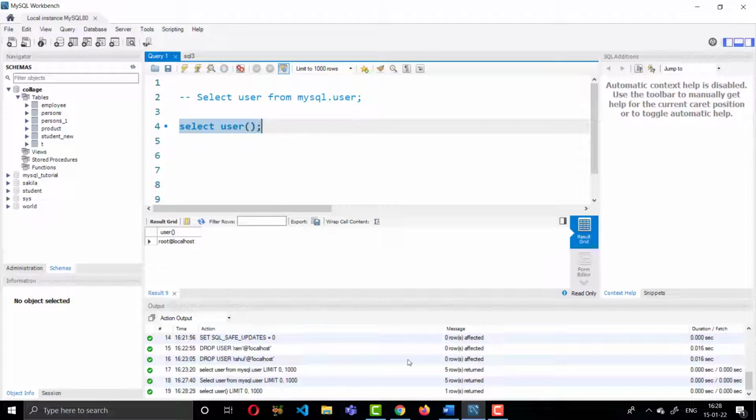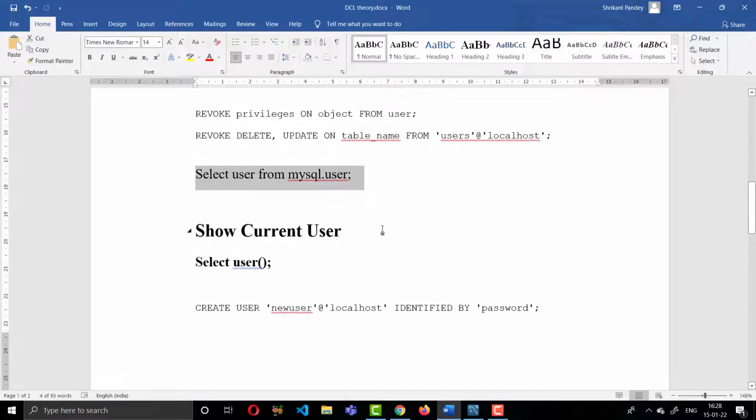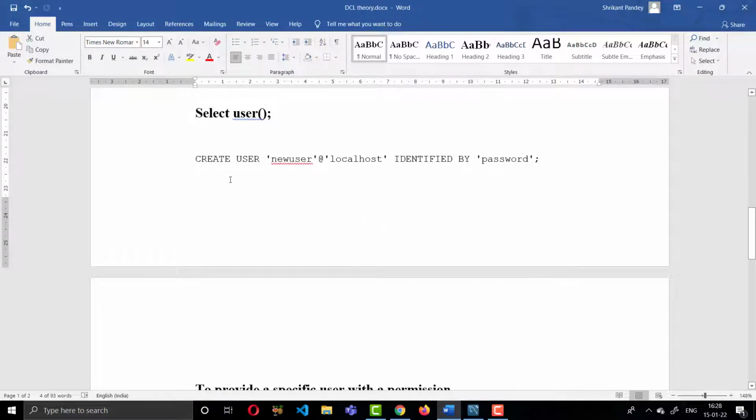Let's see how to create a user in the MySQL database. The syntax is CREATE USER, give the username, then @localhost because we are working on the local system, or give the IP address if we are working on a server, and IDENTIFIED BY, giving the password for the user.